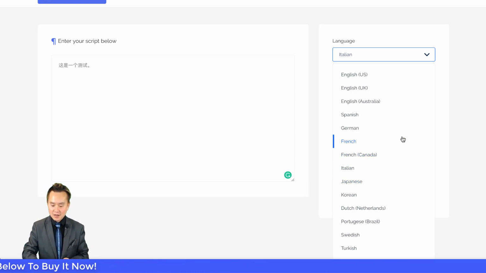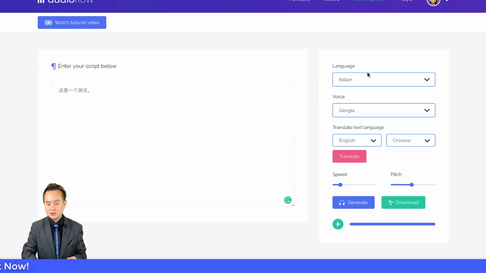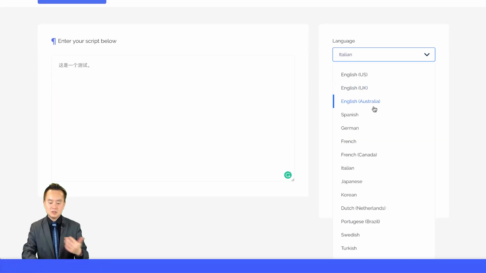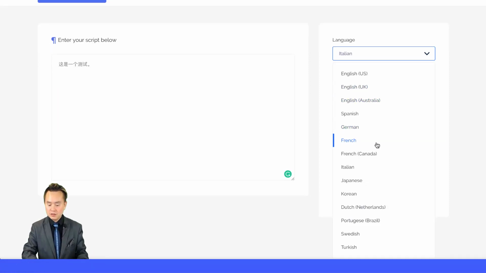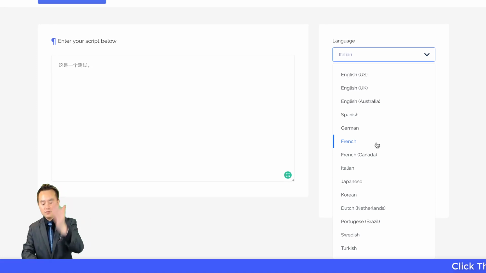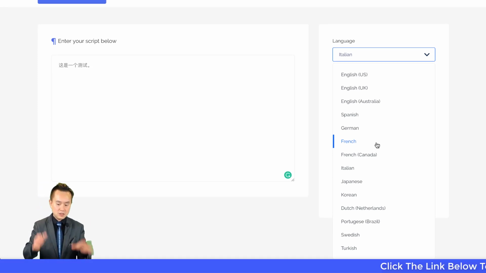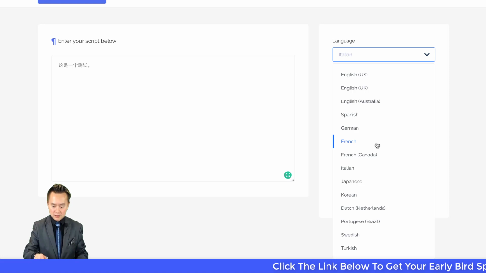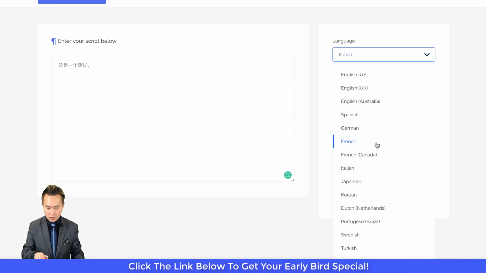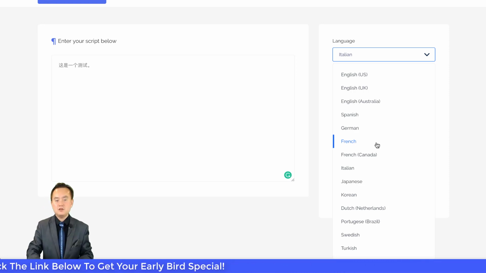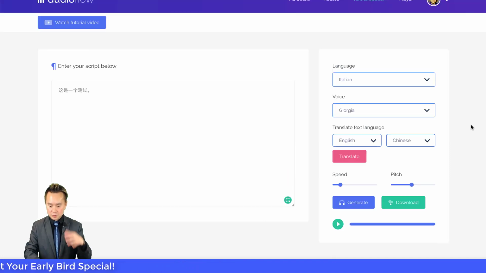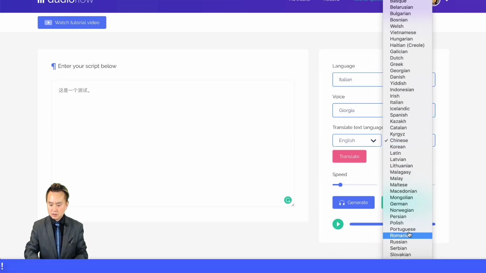But what you're probably going to use is European languages, and Spanish, German, they're all included in here. Whatever the voice can speak right now, you can see 1, 2, 3, 4, 5, 6, 7, 8, 9, 10, 11, 12, 13, 14, 15. There are 15 different spoken languages in here, but they have way more in text translations.